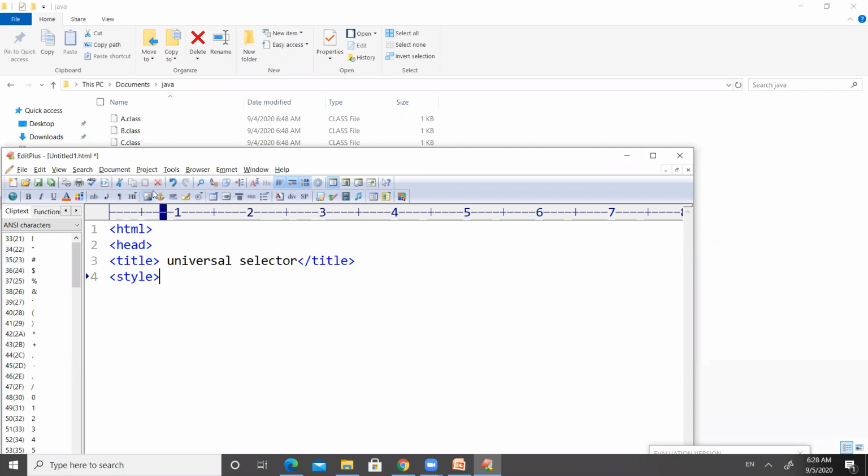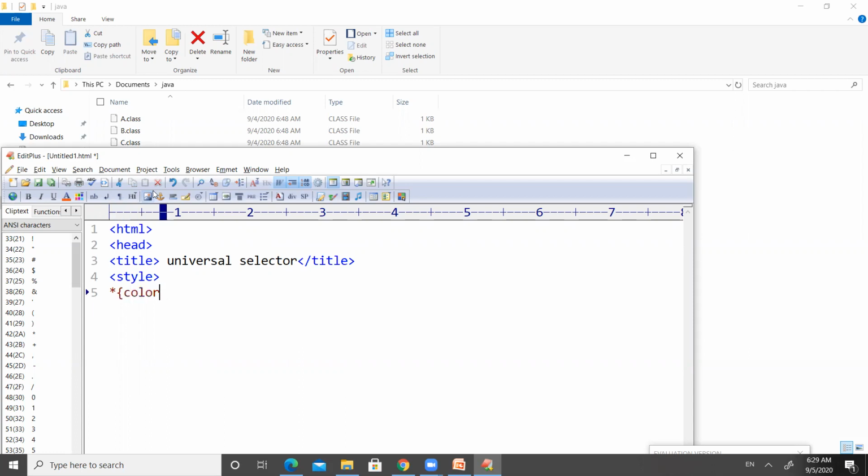And then we have to use the style tag in order to define styles for this web page, right? We have seen in the previous 3 programs also, one program on element and one program on ID selector and one program on class selector. And here also, similar to all those 3 selectors, we have to define the style tag here, right? Keep one thing in your mind, that for universal selector, we have to define some star symbol. So star symbol,